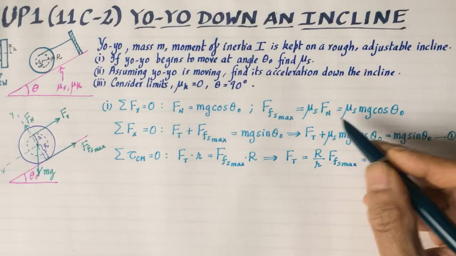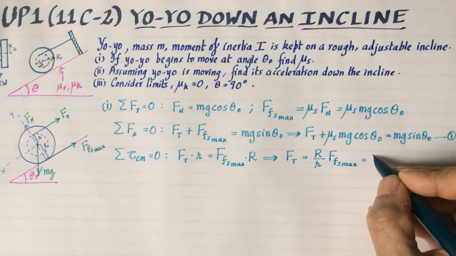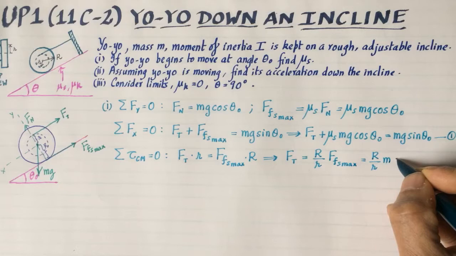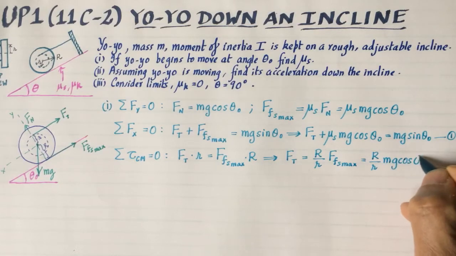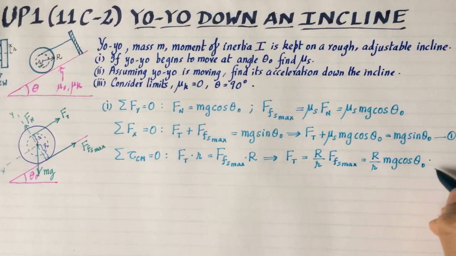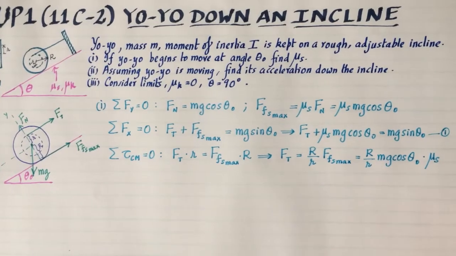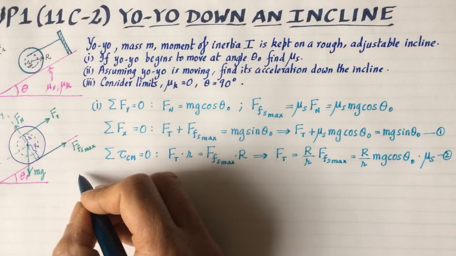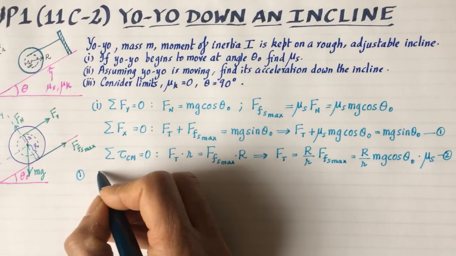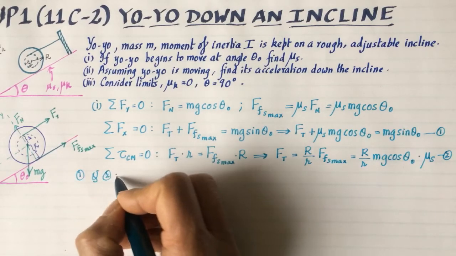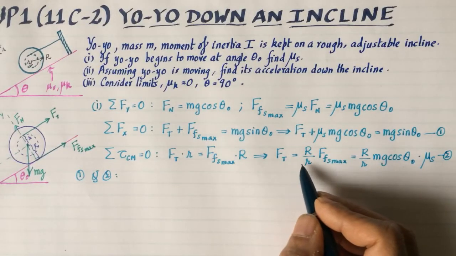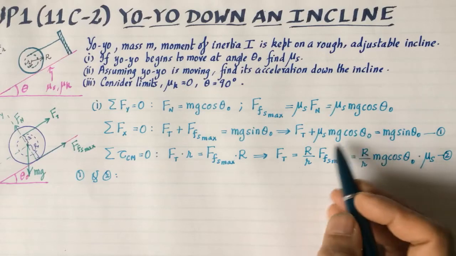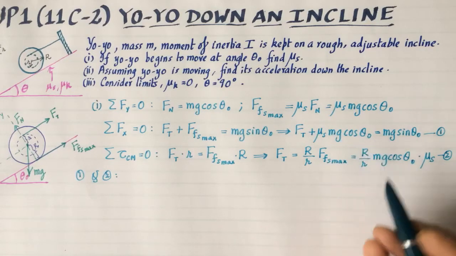And since I know what the friction max is, I'll write it down. Times mu s. I'm going to call this equation 2. All I have to do is put 1 and 2 together. So 1 and 2 put together gives me, if you notice, there's a r over r mg cosine theta times mu sub s here, and just mu sub s mg cosine theta here. So I get